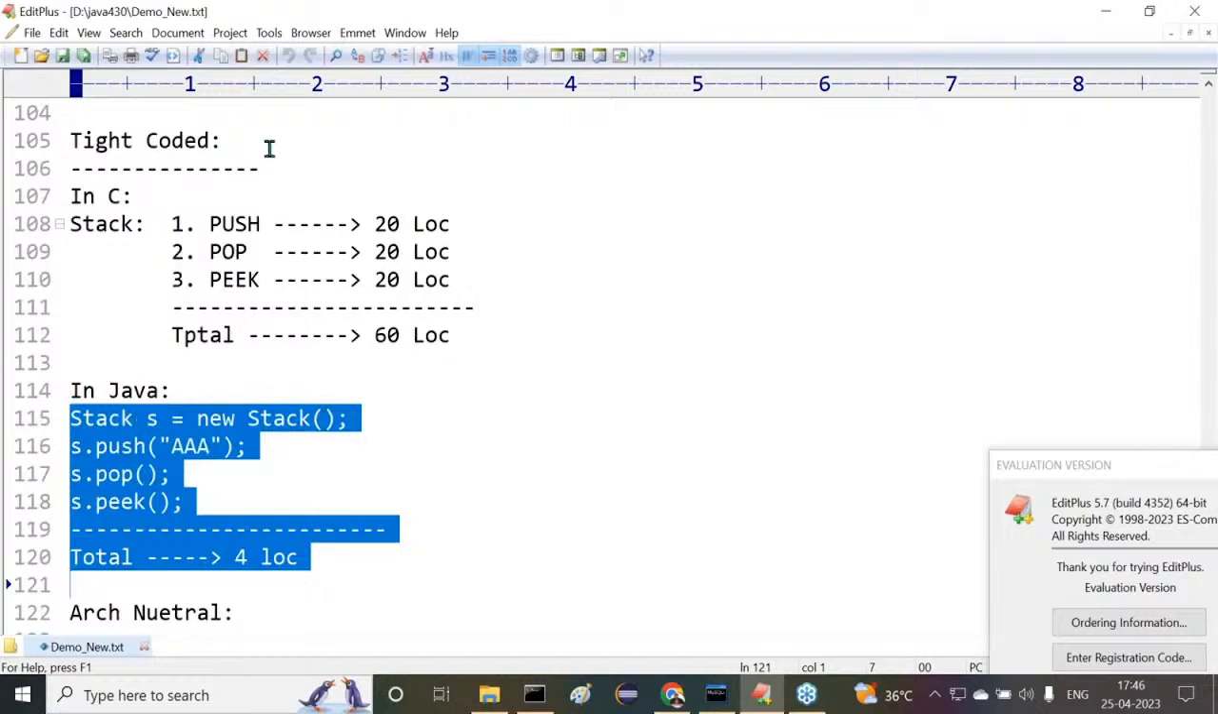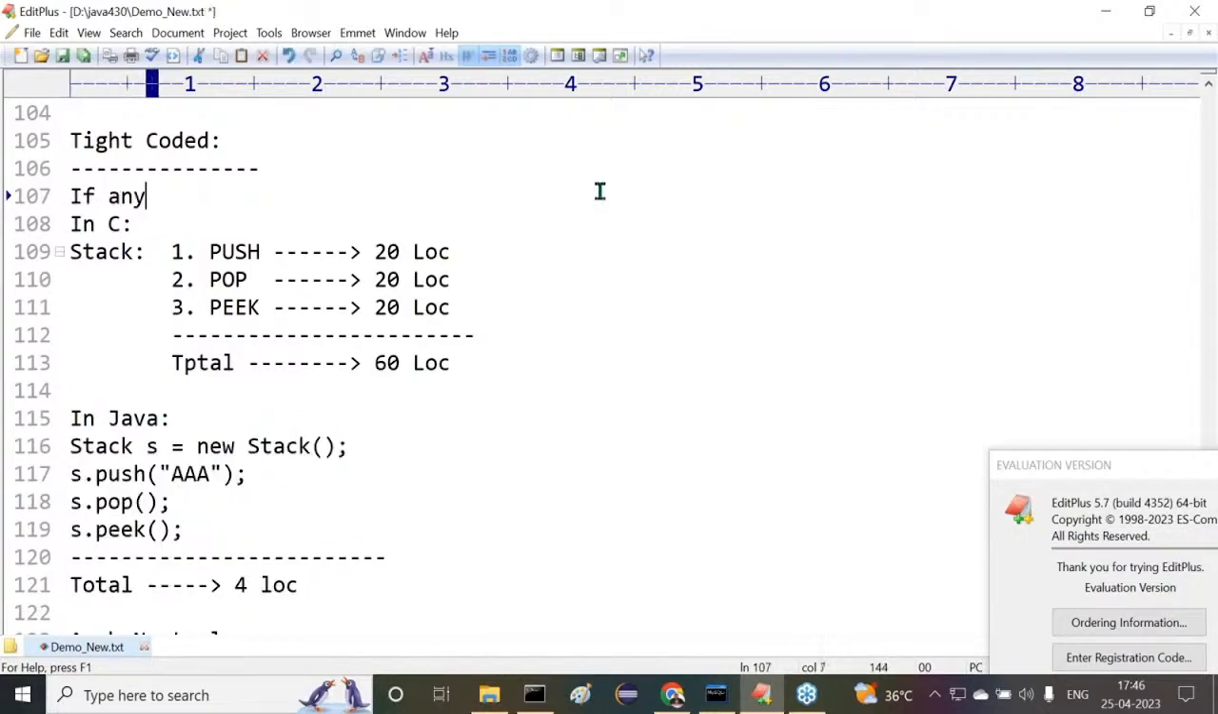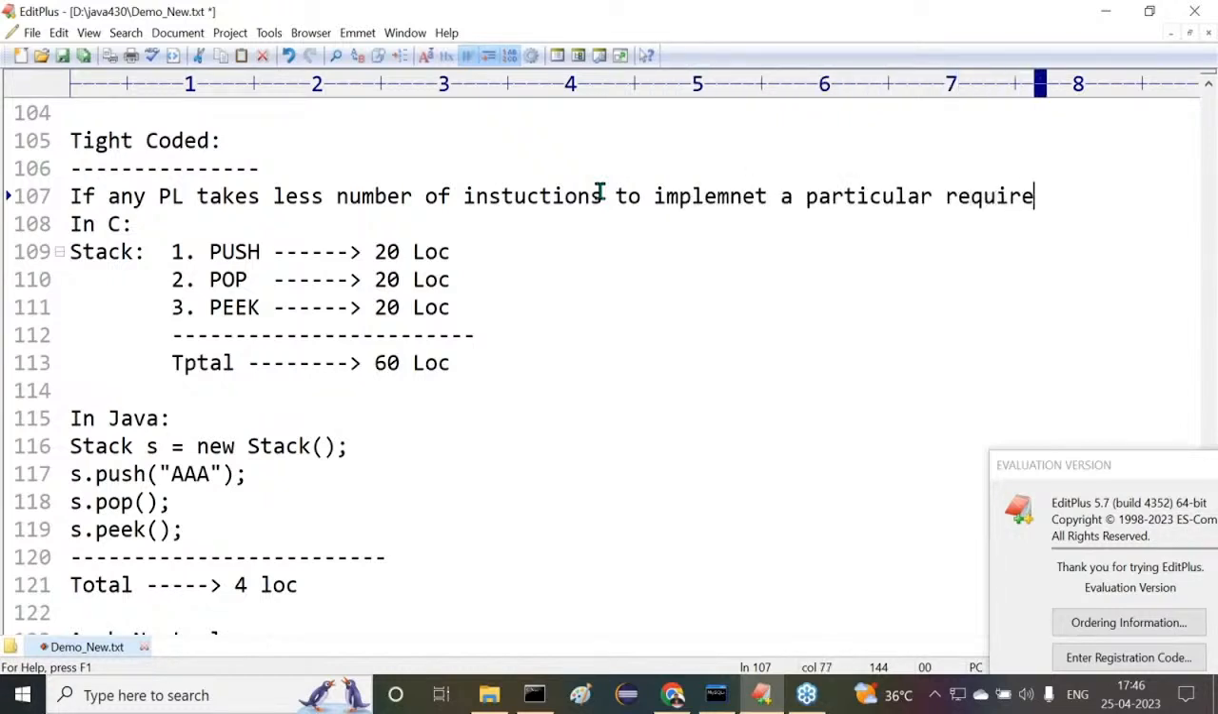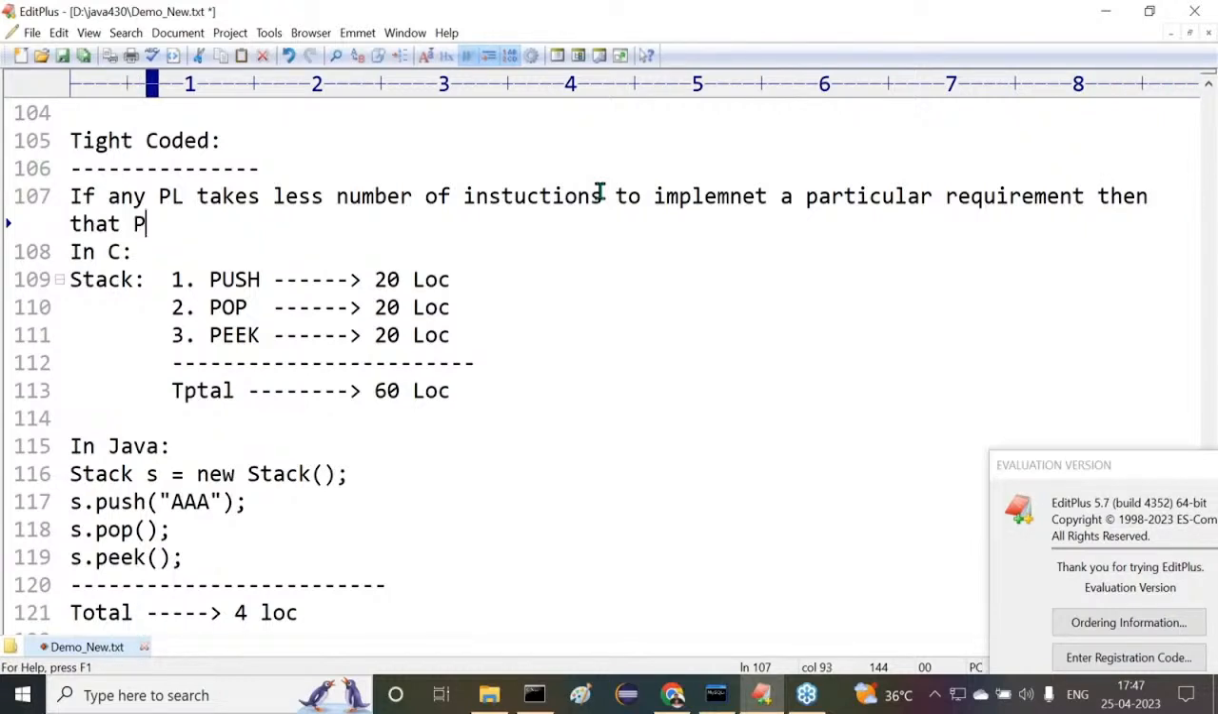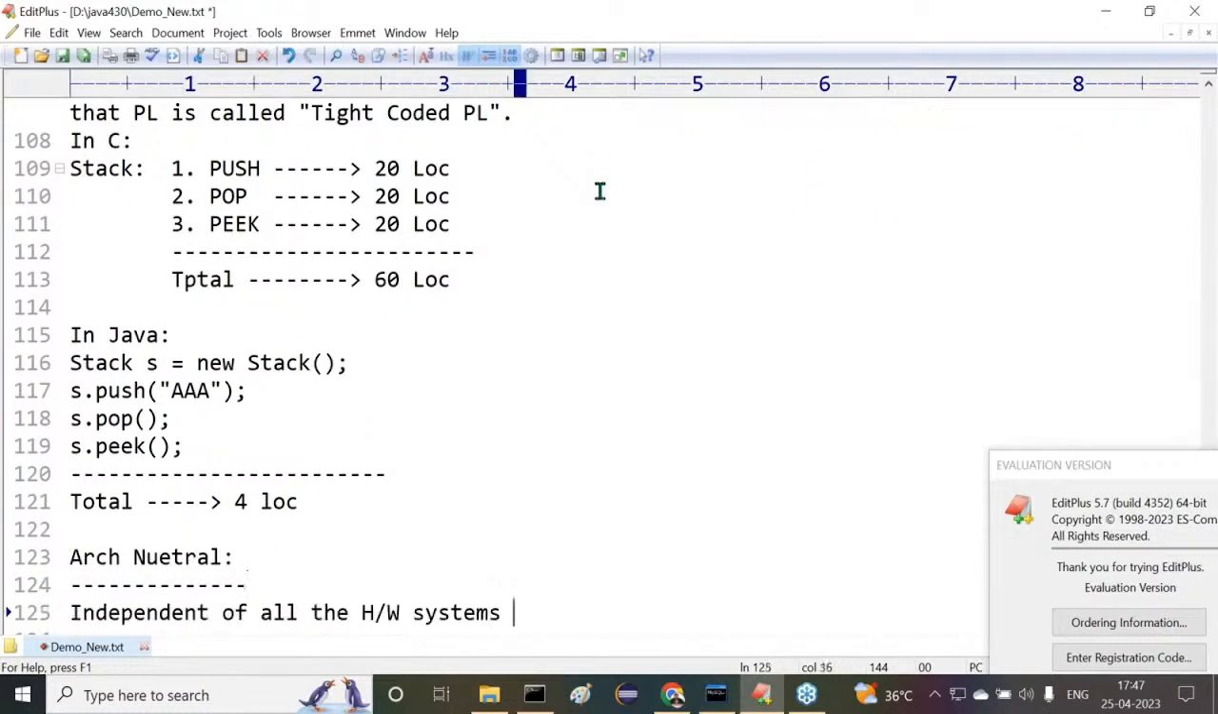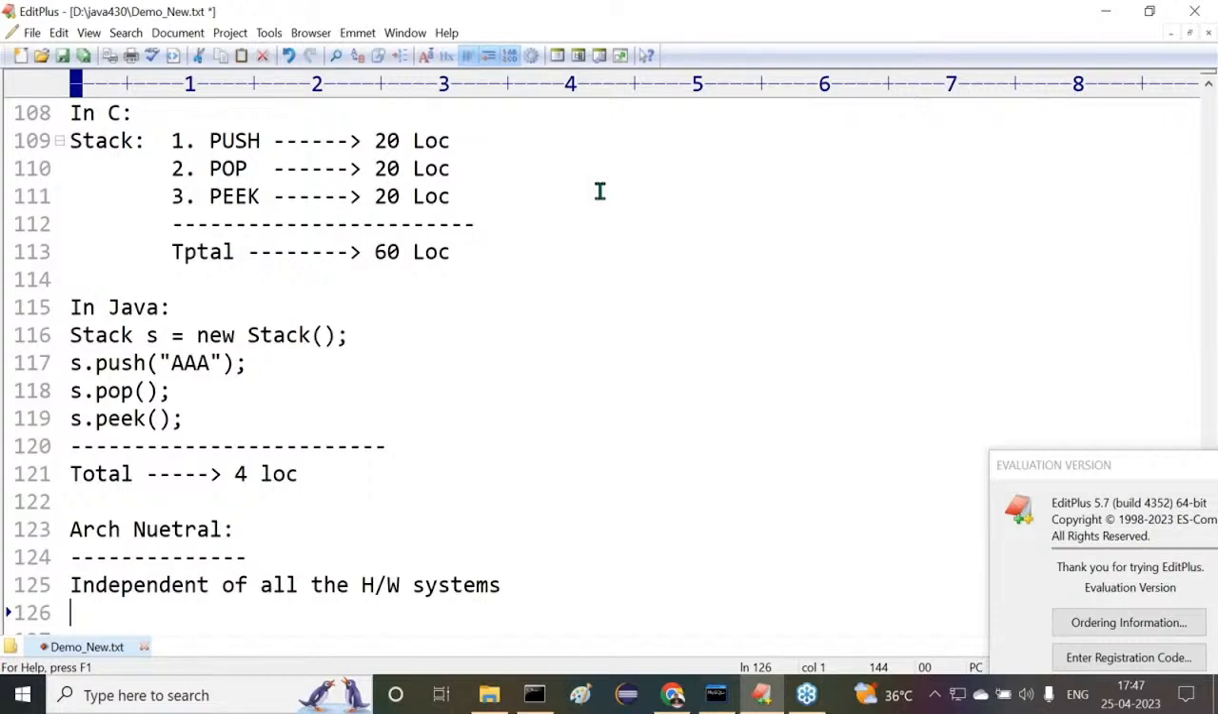Now the point is what? If any programming language takes a less number of instructions to implement a particular requirement, to provide the coding part for a particular requirement, then that programming language is called a tight coded programming language. Now tell me, between C and Java, I have given some comparison. Between C and Java, which one is tight coded and which one is loose coded? C is what